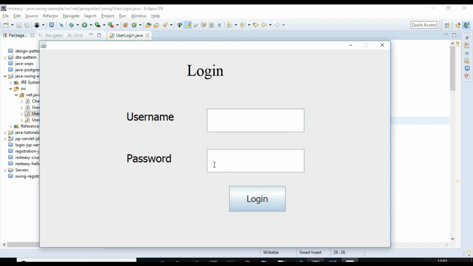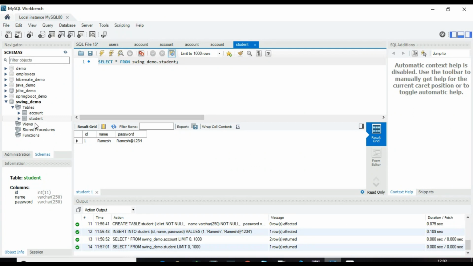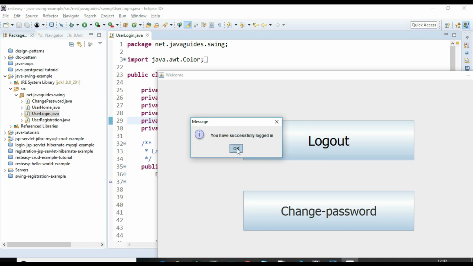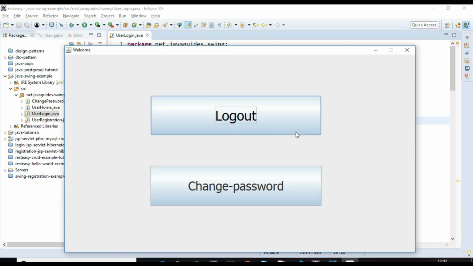It has username and password fields, so just enter the username as Ramesh and the password as Ramesh@1234, and we are authenticating this username and password with the database username and password. In MySQL Workbench I have created a table student with username and password. Just hit the login button, so this will authenticate with database credentials, and here I am just going to login. Once login is successful, this home page will be populated here, so the user can log out